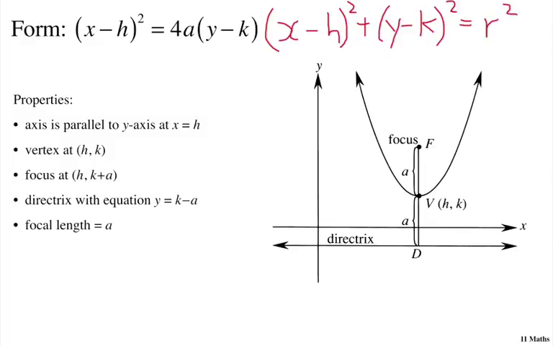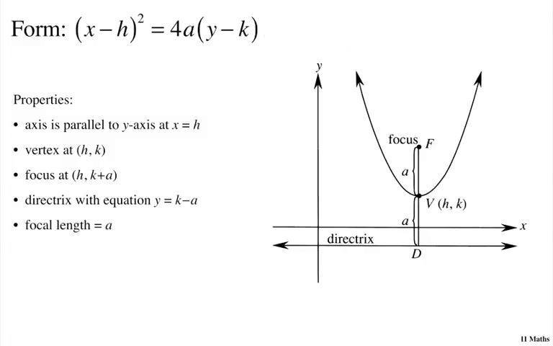And that represents any circle where the center of the circle was h, k, and the radius was r. So we're going to be doing something similar to that now. Instead of the form you're used to seeing, a parabola in the form x squared equals 4ay,